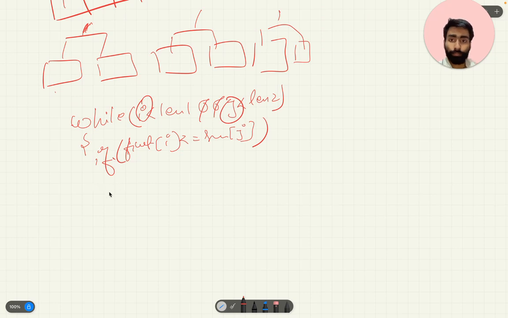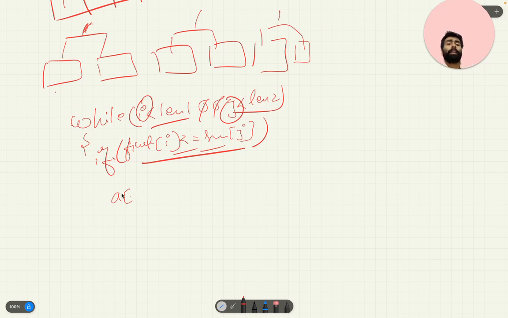So if these two exist, then this is to be compared, and if this holds true, that is the first element is lesser than the second, in that case that will be added in the first index.